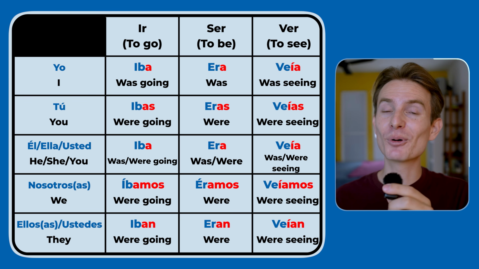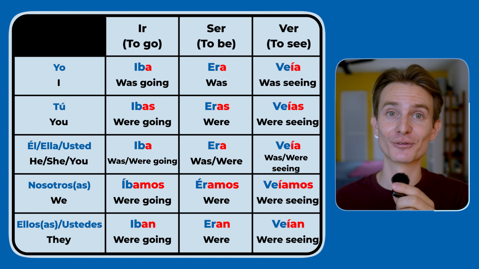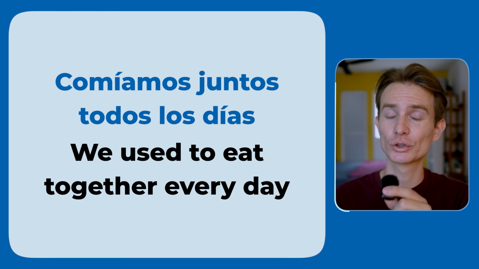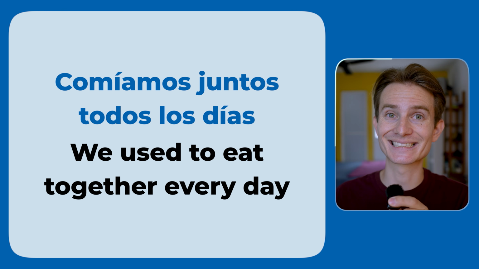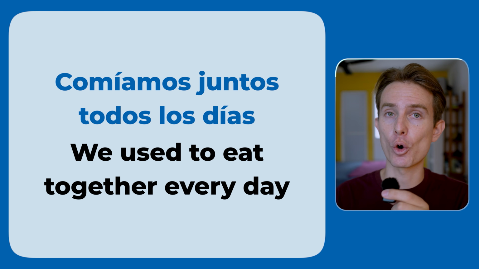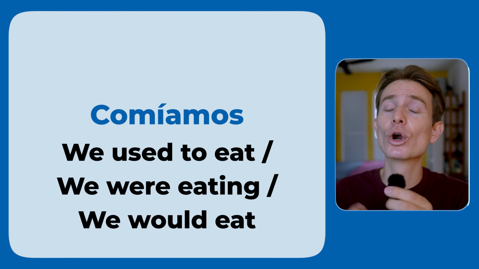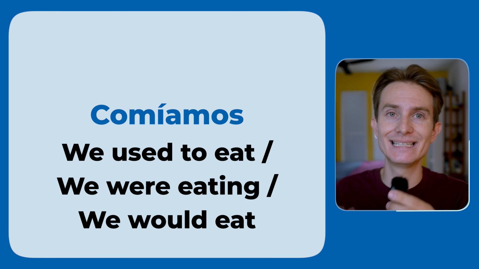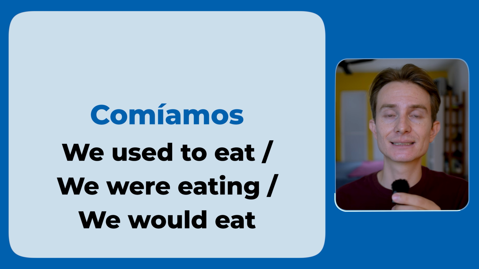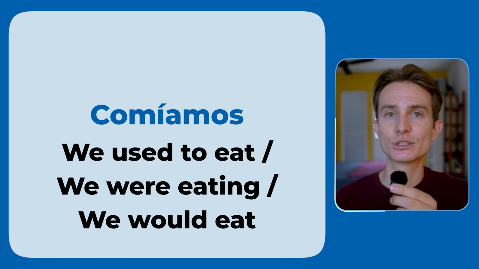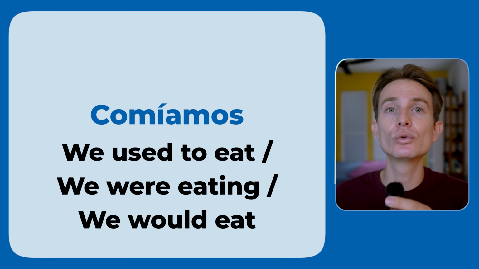Here are the 3 imperfect conjugations for these irregular verbs. Feel free to take a photo. Now let's take a look at some examples. Comíamos juntos todos los días. Now, you could translate comíamos into we used to eat, we were eating, or we would eat. However, in the context of this sentence, it would make most sense to use a translation of used to or